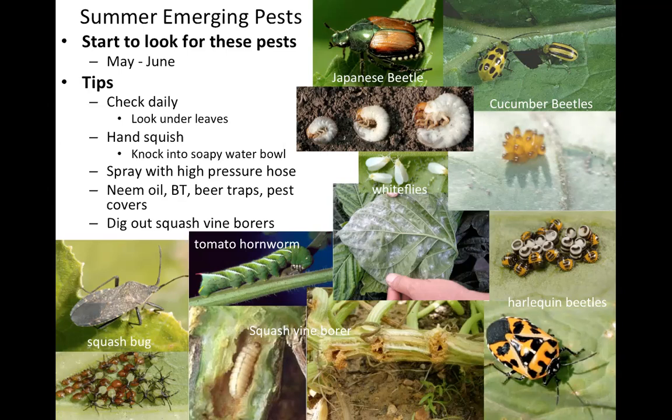I really like the kaolin clay spray. I have a slide that talks more about that and gives more details. I like that stuff because it doesn't kill anything, but bugs just hate it, so they won't go anywhere near your plant. You've got to spray it about once a month if you have a persistent problem. Most of these bugs only come out for a short window, so you can spray during that short window. Japanese beetles, for example, are usually only out